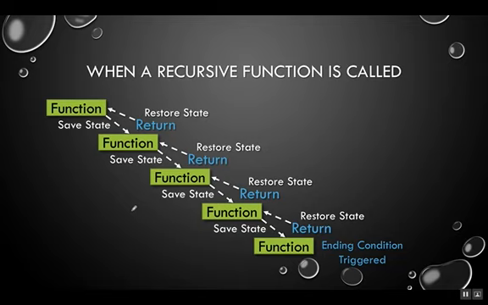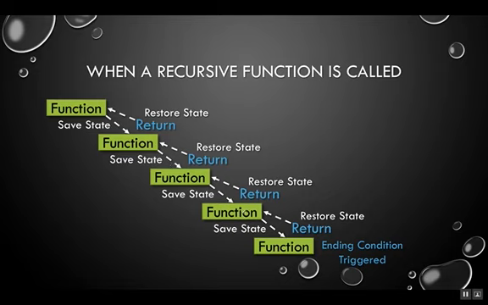When a recursive function is called, there are two ways that information can be passed from one iteration of the function to the next. One is that the first function call passes its parameter to the next function call. And actually what happens in between is the state of the program, all of the other program variables and everything, are saved at that point. The function calls the next iteration of the function and passes a parameter. So this version of the function has a different parameter value from the previous version of the function,